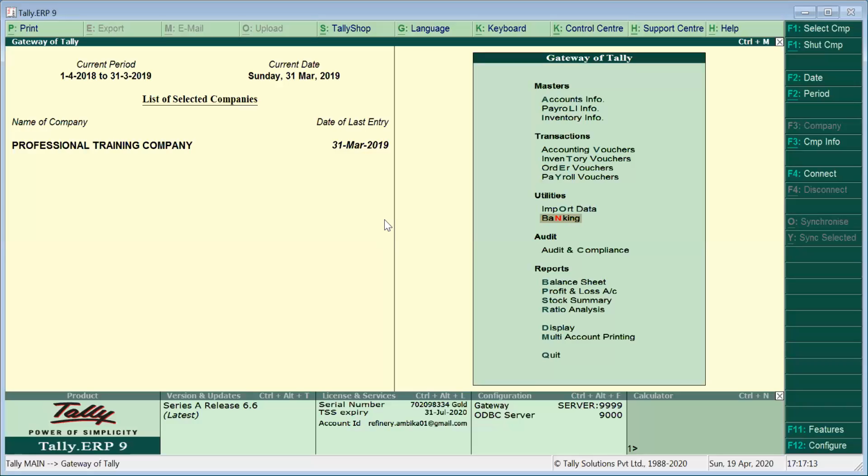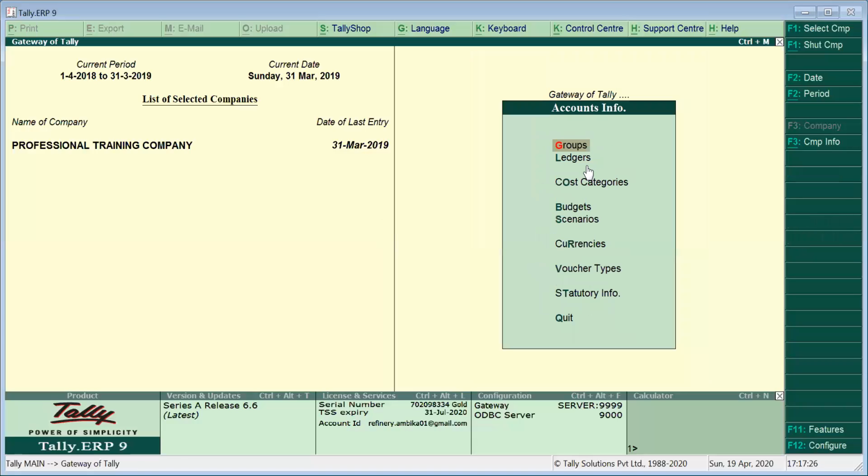Since the special character over here is A, you can see that it is emboldened. It is capital as well as bold, in dark. So I can just press A from my keyboard and come into the accounts info.